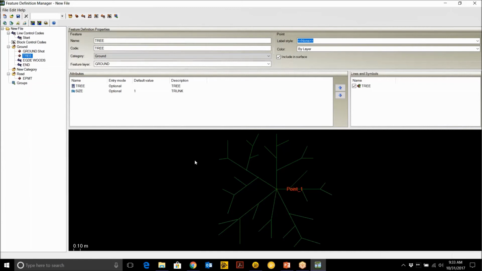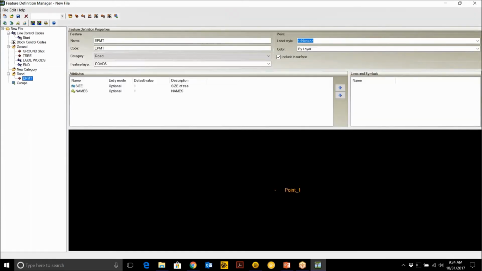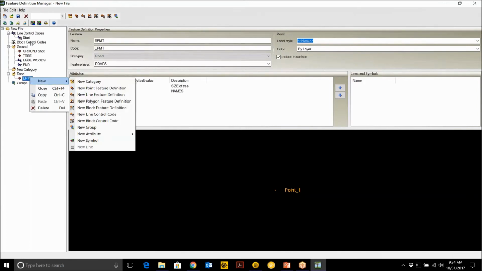I see. Perfect. So getting back a little bit to maybe your edge of woods, or excuse me, the edge of pavement. Could you maybe talk a little bit more about what other options you have besides drawing lines? As an example, I know you can join 2 lines together, things like that. I was wondering if you could just briefly talk about what line options you have and what controls you have in the field as you're